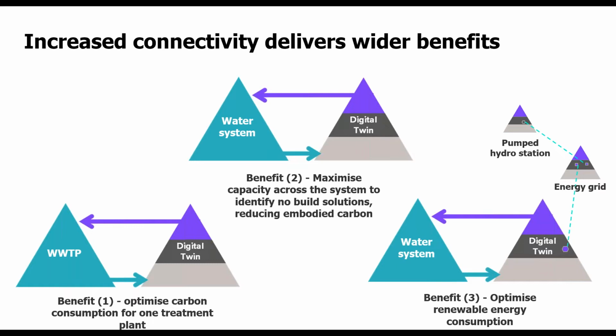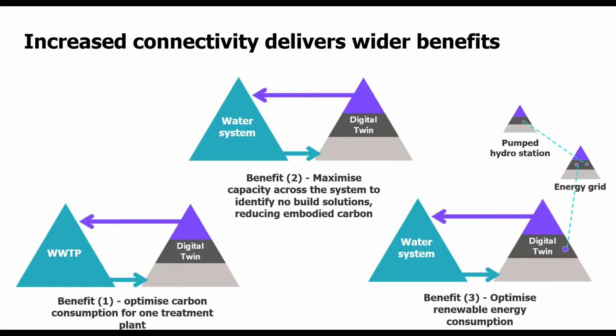So for example, this first benefit that I was talking about is, we can build a digital twin of a treatment plant and we can optimize carbon for that one treatment works, which is great. But then if we could start to connect, and I think Nathan was talking about this as well, not just the treatment works, but also networks and pump stations, that's when you can start to actually say, we were going to build a new tank at a treatment works. Now we have a better view of a whole system. We realize there's more capacity in the network, and we can actually identify a no-build solution and reduce embodied